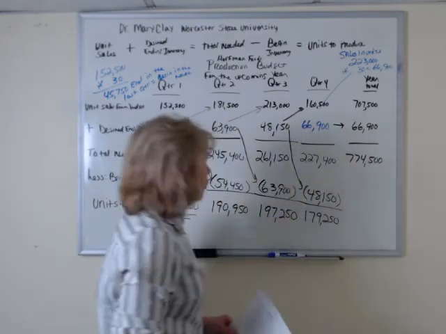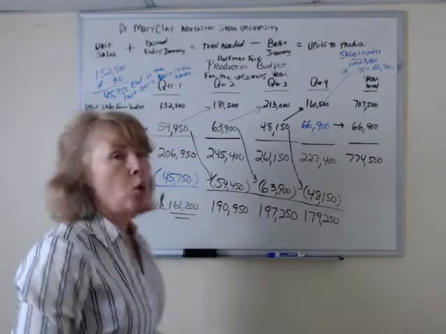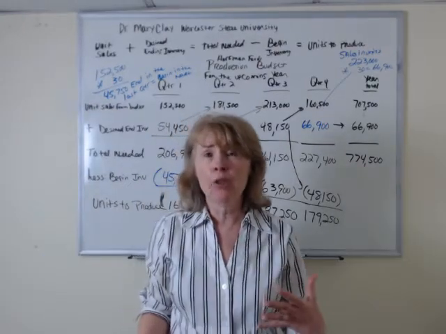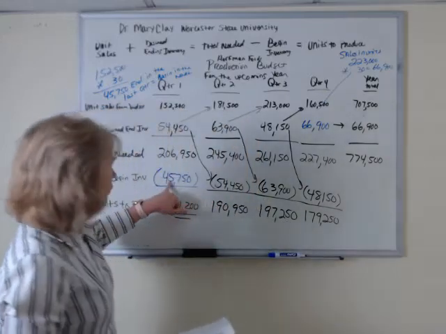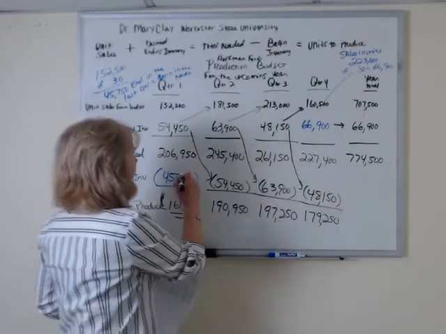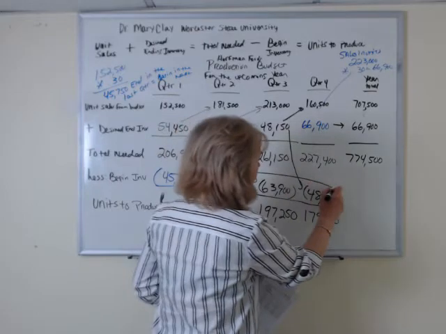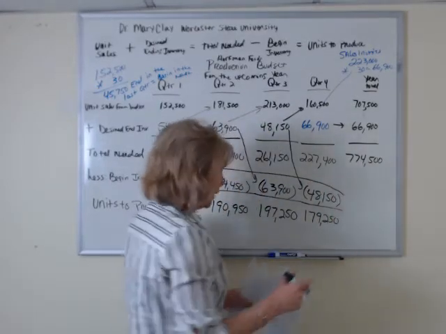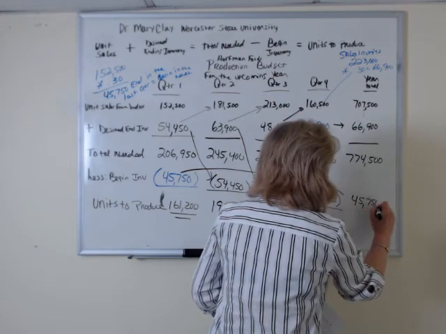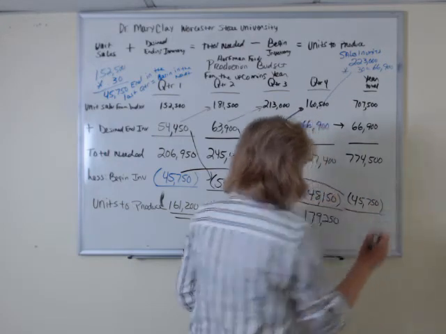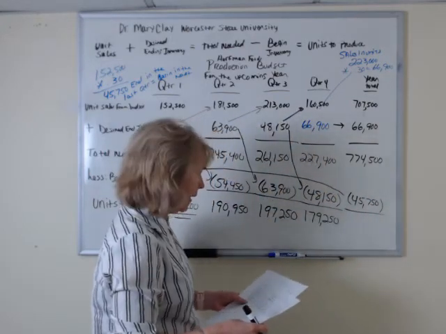All right. So, but your beginning inventory for the beginning of the quarter, we want to go all the way back to that number. So what was our beginning inventory? We're going to go all the way back, and that's what we're going to bring over here. All right. So the beginning inventory is 45,750. I subtract that, and now I finally get to my budget,